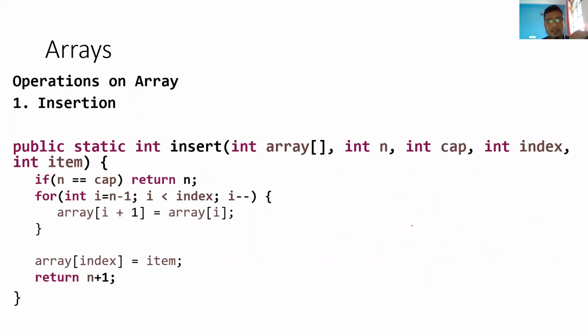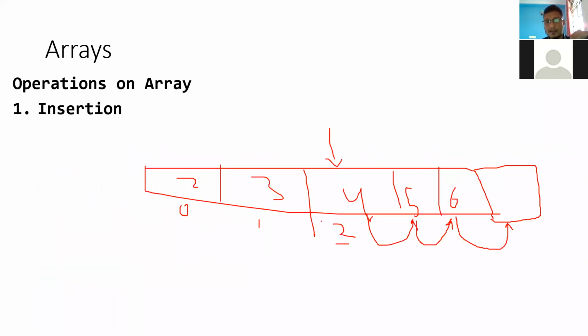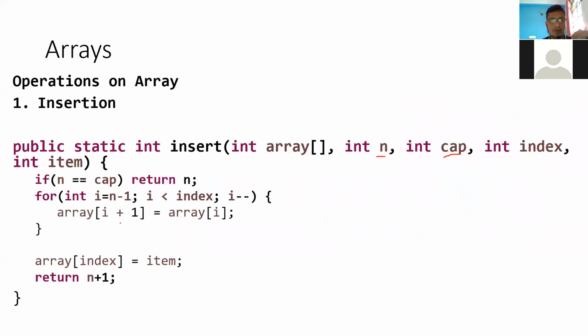So with this example, let's say n is the number of elements here. Cap is the capacity the array has at the moment. For example, here the capacity is 5 slots: 1, 2, 3, 4, 5. And the number of elements the array can hold is 6: 1, 2, 3, 4, 5, 6. So the capacity here is 5 and n is 6, right? So what you do is you first check whether the array is full or not. So it is not full. If it is full, then you return the maximum number of elements there, 6, because you know the array is full.